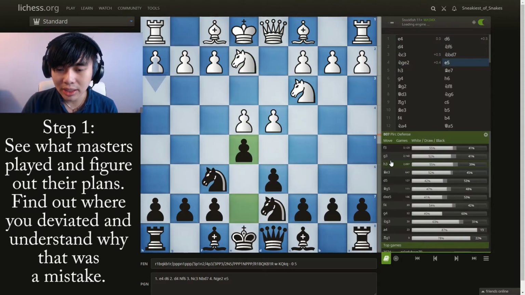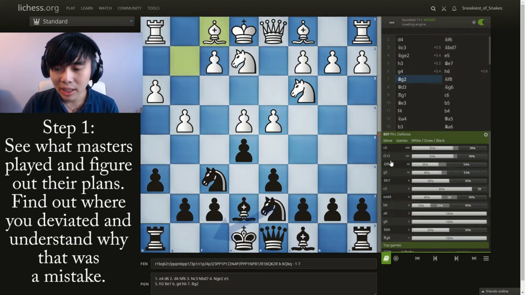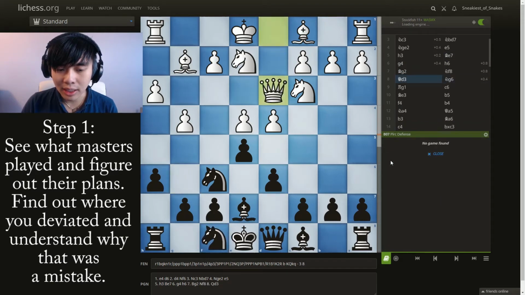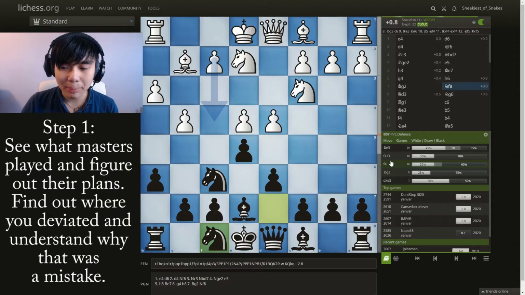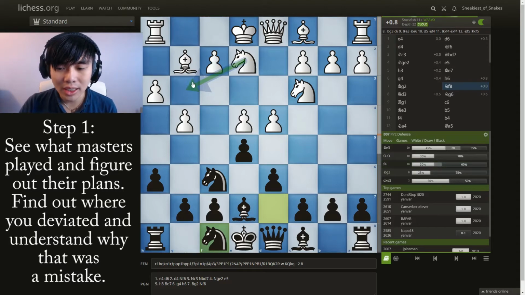As you can see, this is just a very normal Philidor defense, and everything here is normal up until this certain move. It seems to me in this position, the most common moves are knight g3, castle, f4, knight g3, and d takes e5.